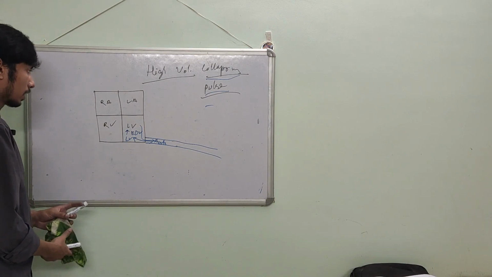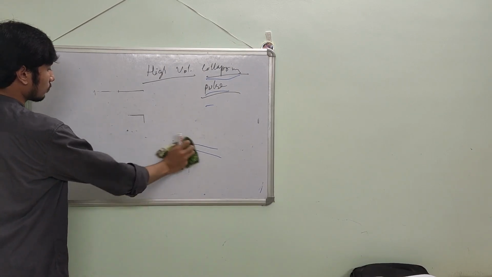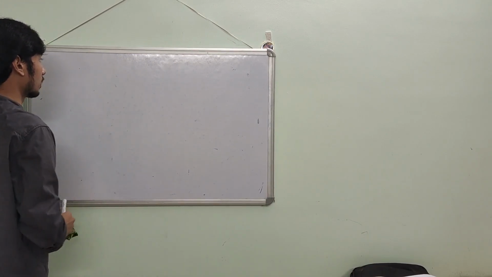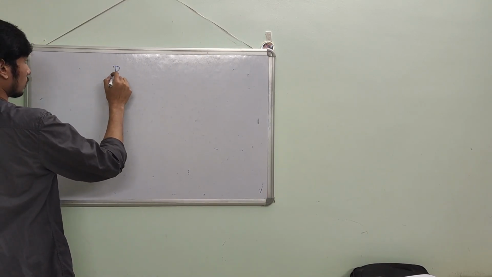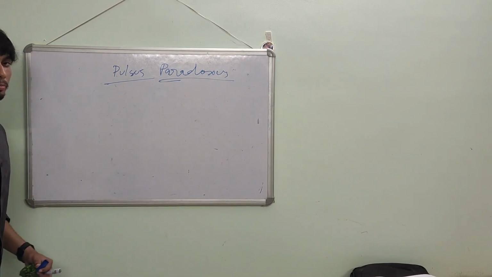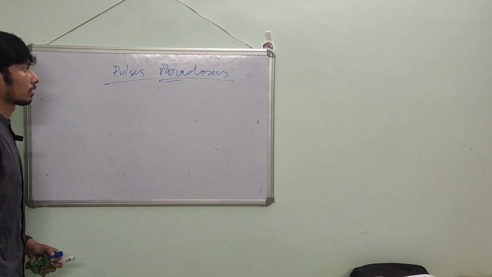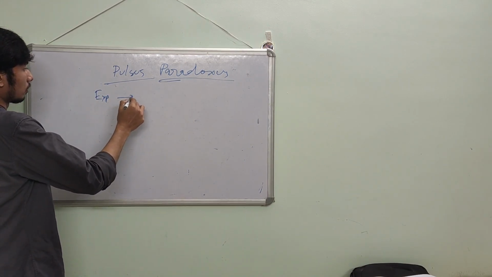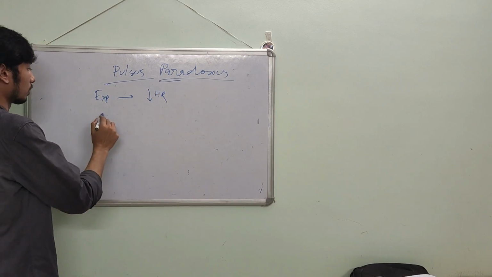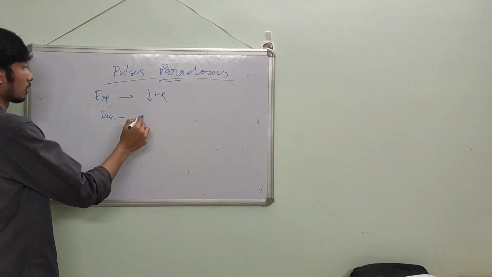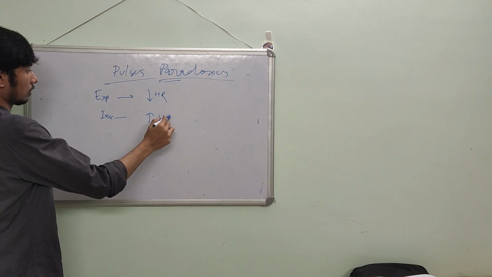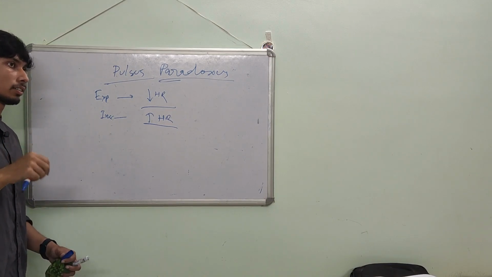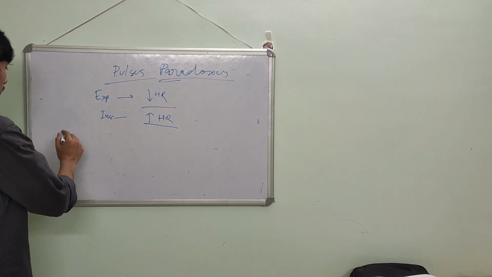Now let's understand pulsus paradoxus. Actually, I need to draw the same image again. Pulsus paradoxus. I actually explained it beforehand also. It means during expiration our heart rate decreases, and during inspiration our heart rate is increased. Basically, I explained only one reason for that. There is another reason. See,